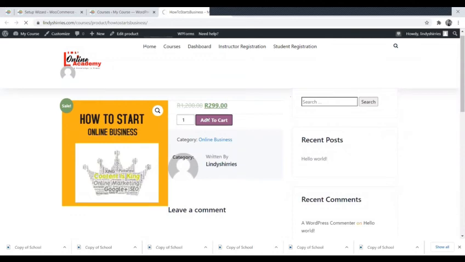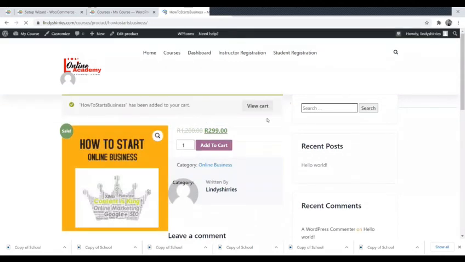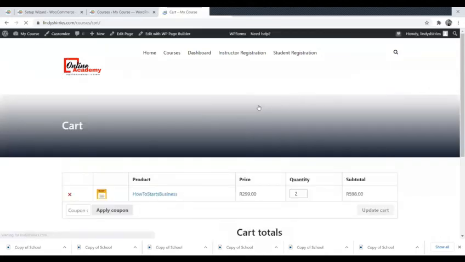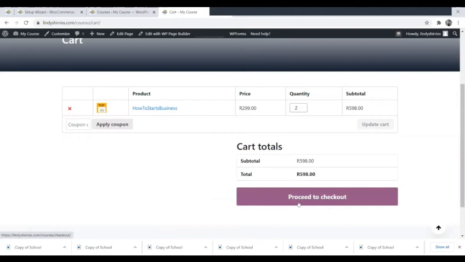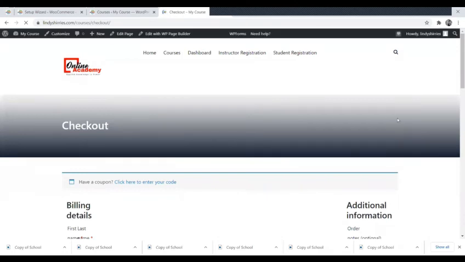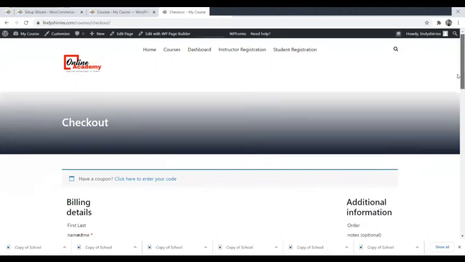So when a person buys, they'll just add to cart, and then they'll click view cart, and then they will select if they want 1 or 2. I wonder who would buy 2 for one course anyway. And then they'll proceed to checkout. When they click proceed to checkout, they're actually going to WooCommerce to capture the payment,